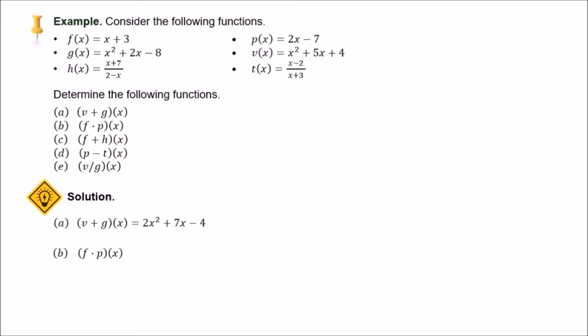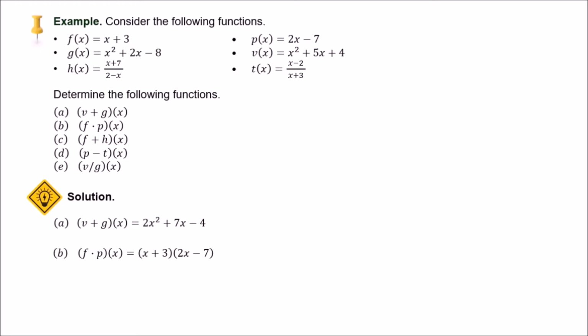Next we'll have letter B, (f times p)(x). We know that this is equal to f(x) times p(x). Let's try to replace our functions. f(x) is x plus 3, while p(x) is 2x minus 7. As we can see, this is simply a product of two binomials, which means we can employ the FOIL method